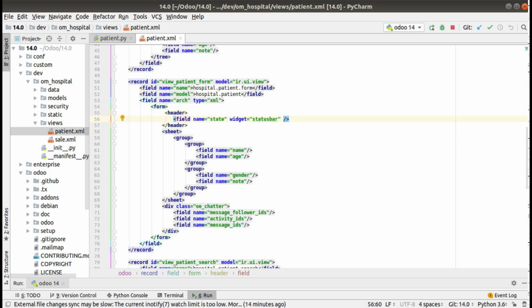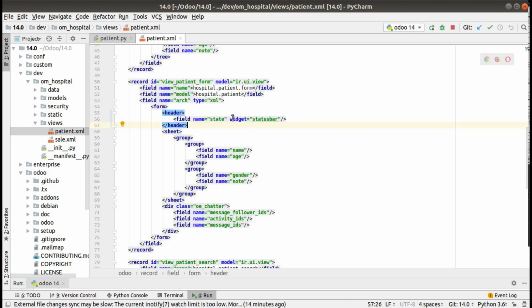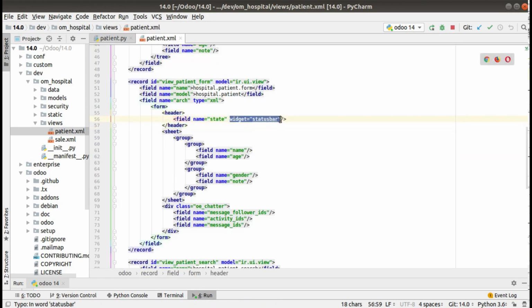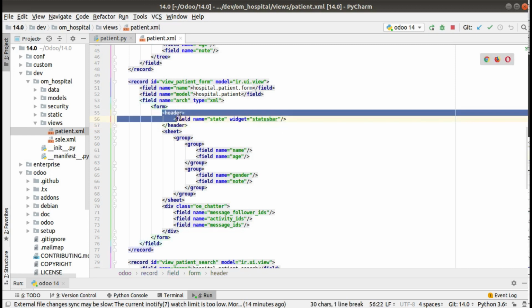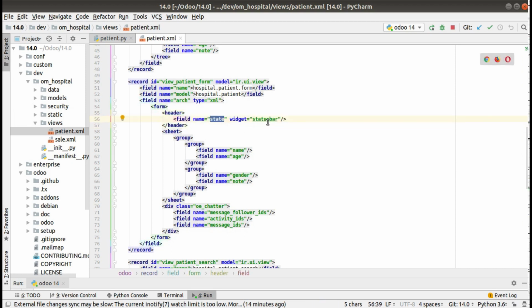Simply, what I have done is, inside the form I have added a header tag, and inside the header I have defined a field called state, that is our selection field, and I have given the widget as status bar. So you can add a header inside the form, give your field name, and give widget equal to status bar.